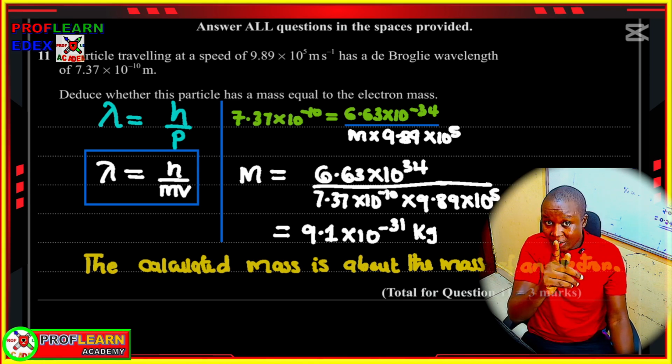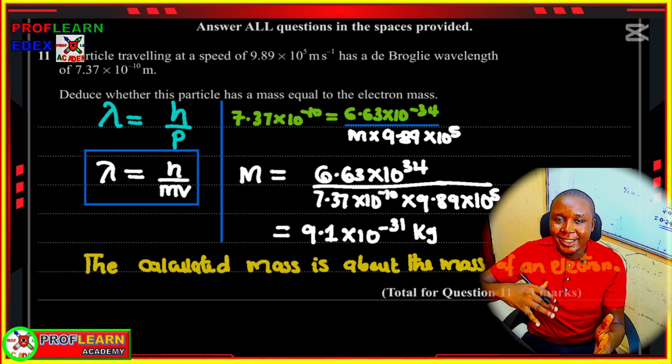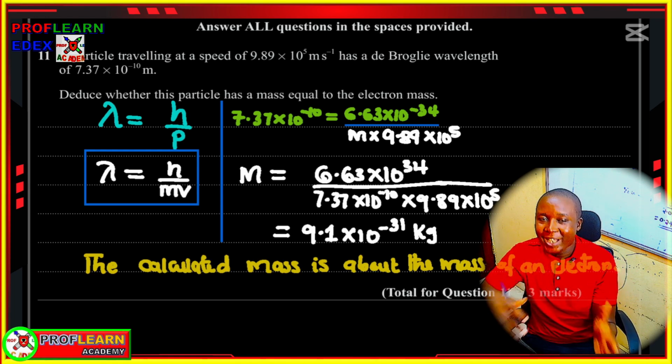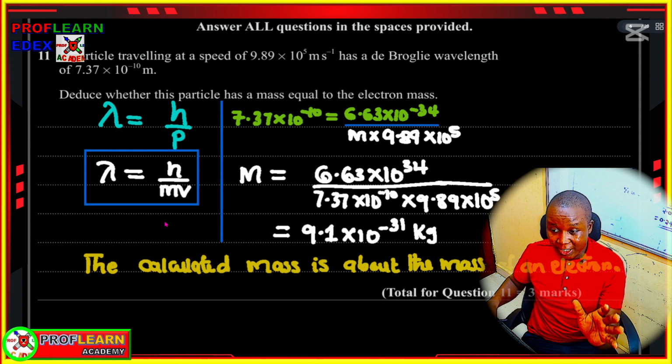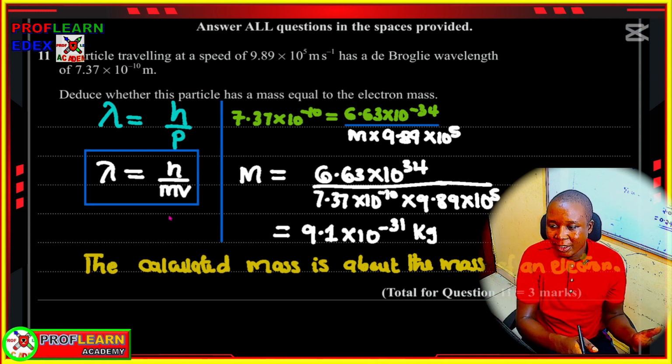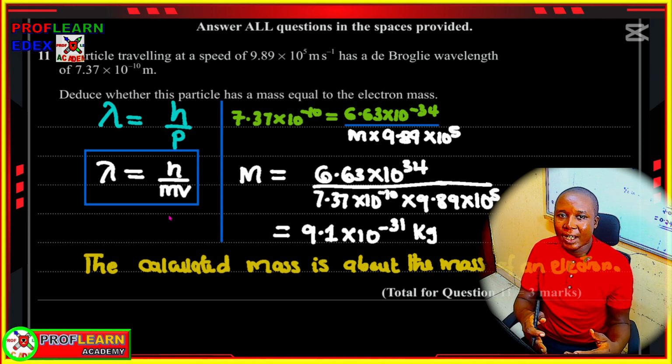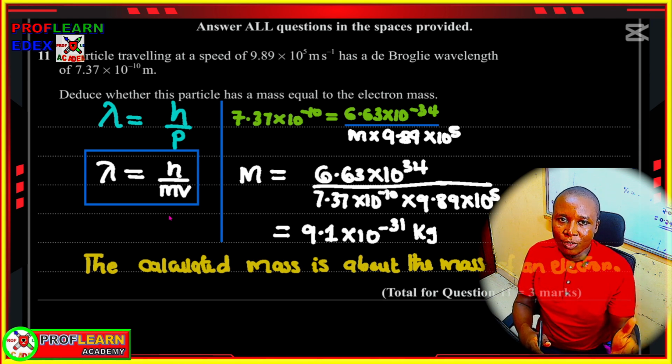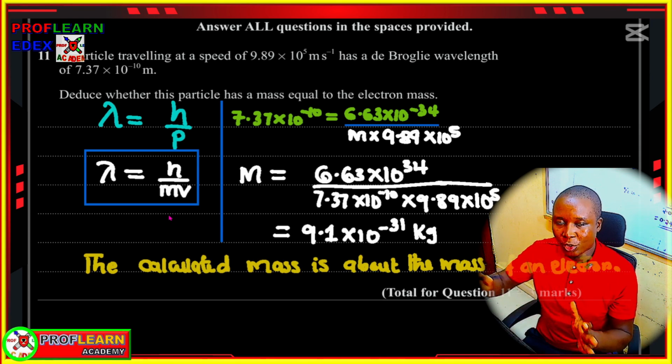We know the mass of an electron, and you can check at the last page of this paper. During your exams, you'll be given the mass of an electron. There's some constants you'll be given. You'll be given Planck's constant. You'll be given the mass of an electron. You'll be given what 1 electron volt is equivalent to